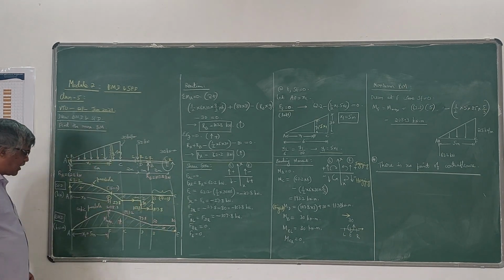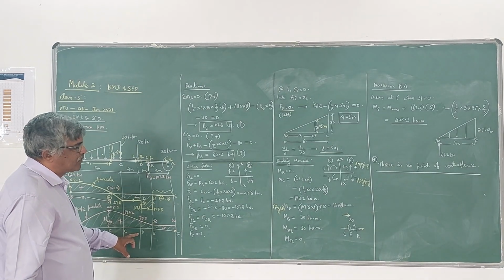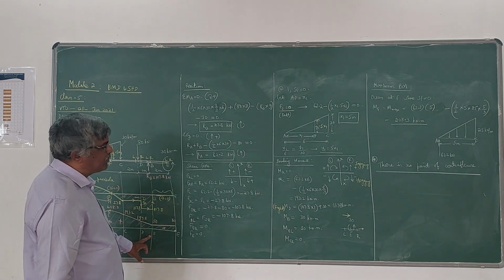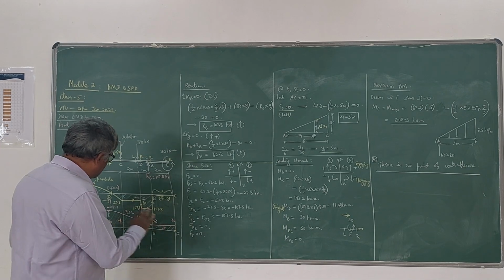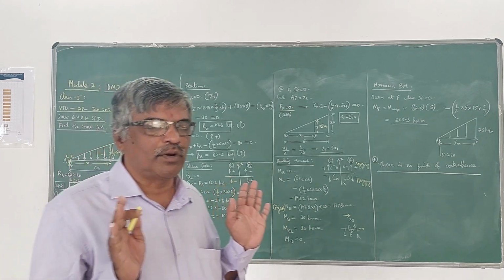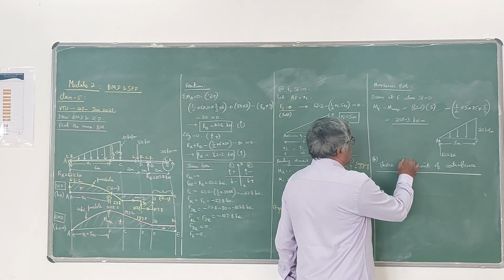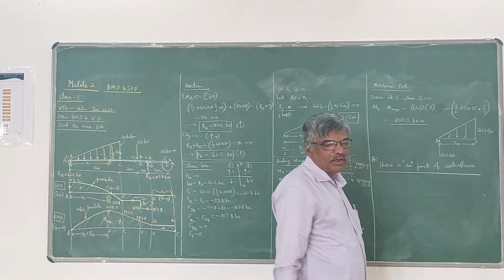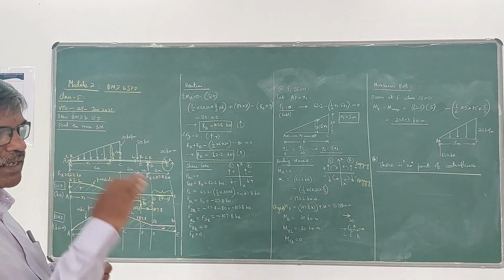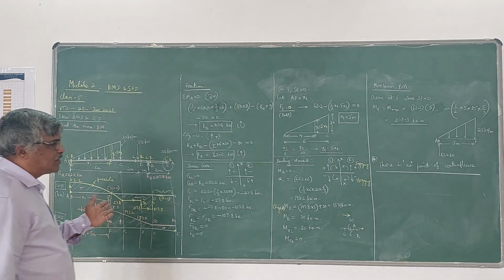Now if you plot the bending moment diagram, at A it is 0, at C it is 193.2, at D it is 137.8, then at B it is 30, at E it is 30. So that means throughout it is subjected to positive bending moment. There is no negative bending moment in this problem. That is why there is no question of a point of contraflexure. In this problem, there is no point of contraflexure because the bending moment is not 0 anywhere. Only if the bending moment diagram cuts the horizontal line can you have 0 bending moment at that point. But in this problem, it is not there.